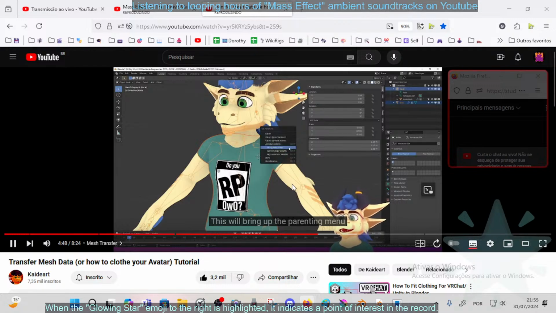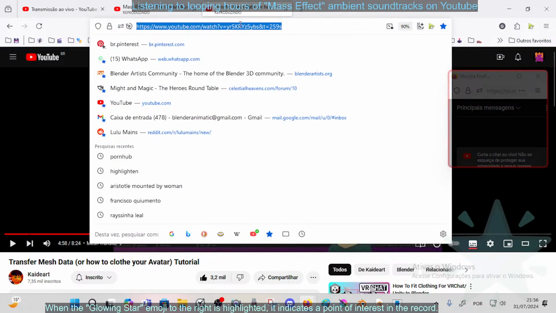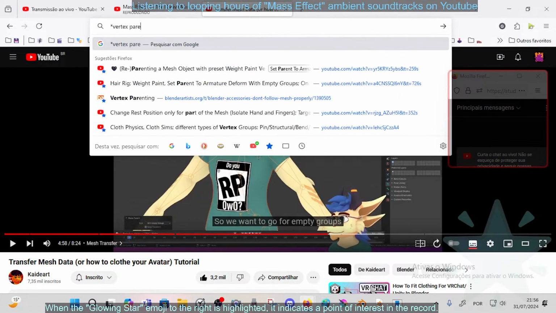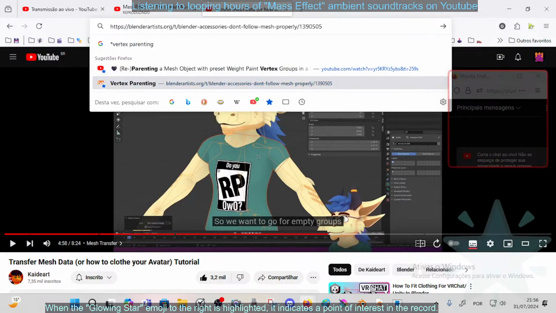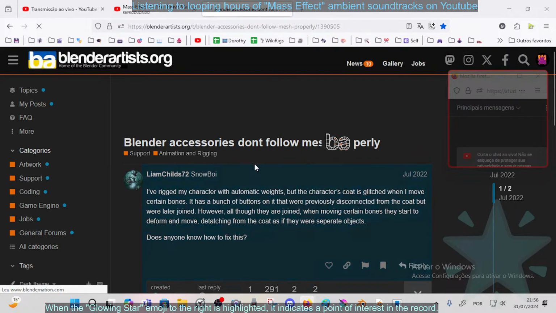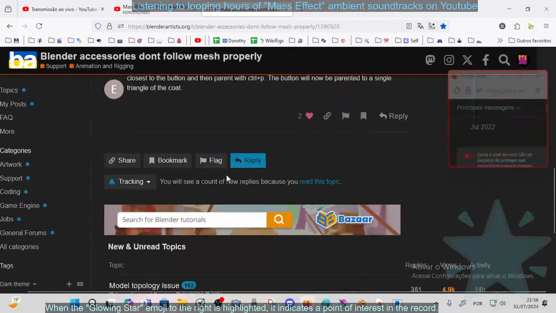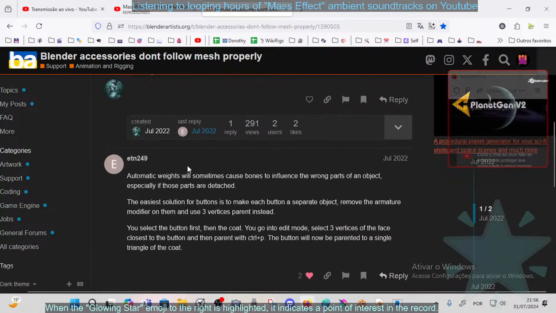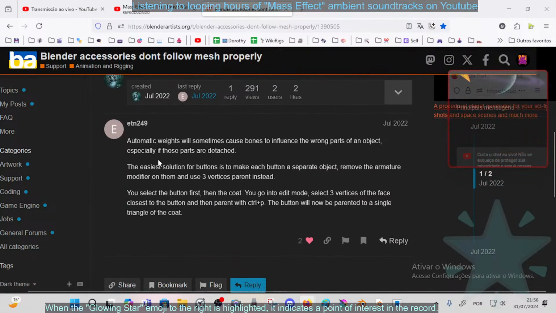No, this is not very. No, this is. Oh yeah, this is wrong. Sorry, folks. This is the correct way. Automatic ways will sometimes cause influence to wrong parts of the knife, especially if those are detached. Okay, I know that terrible thing. The easiest